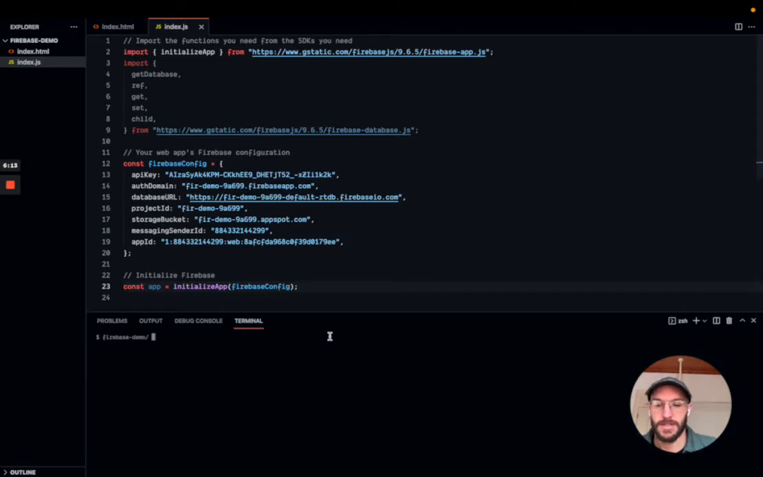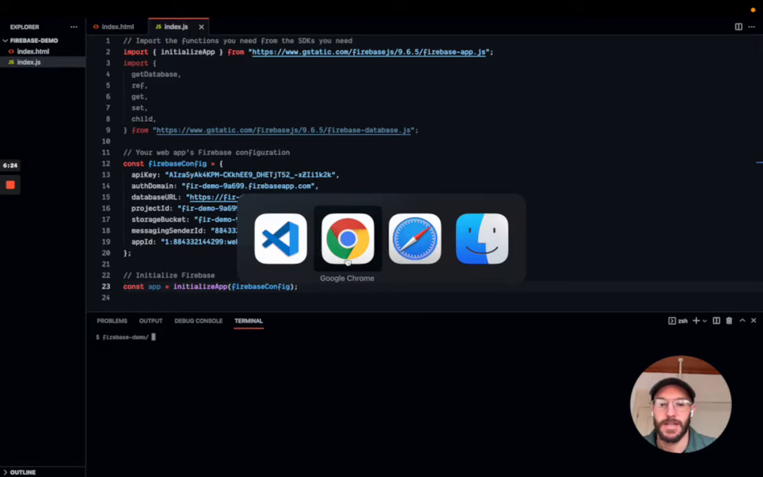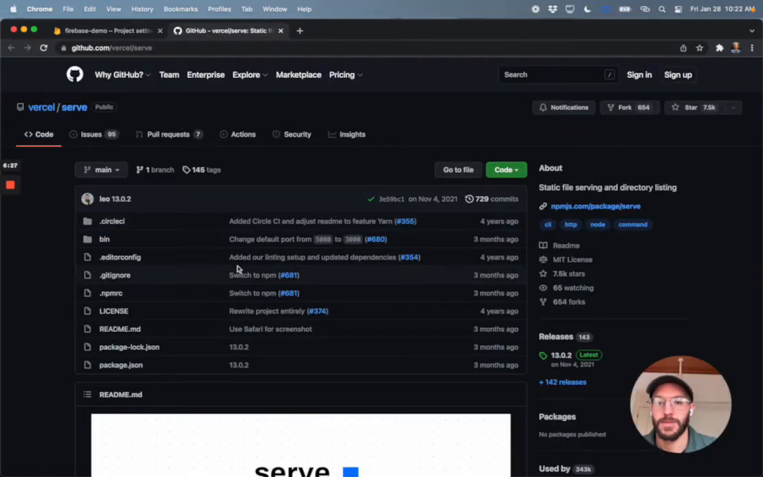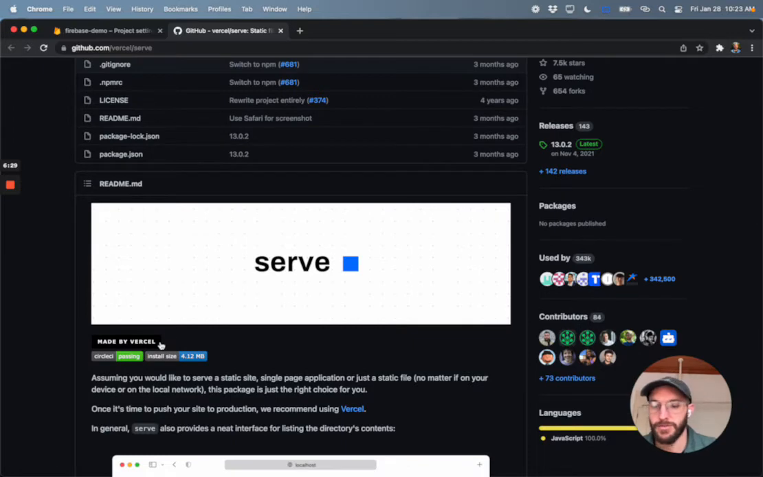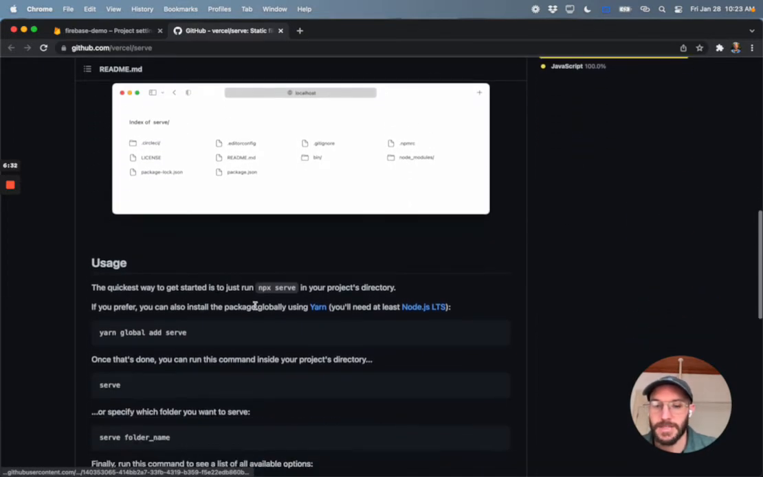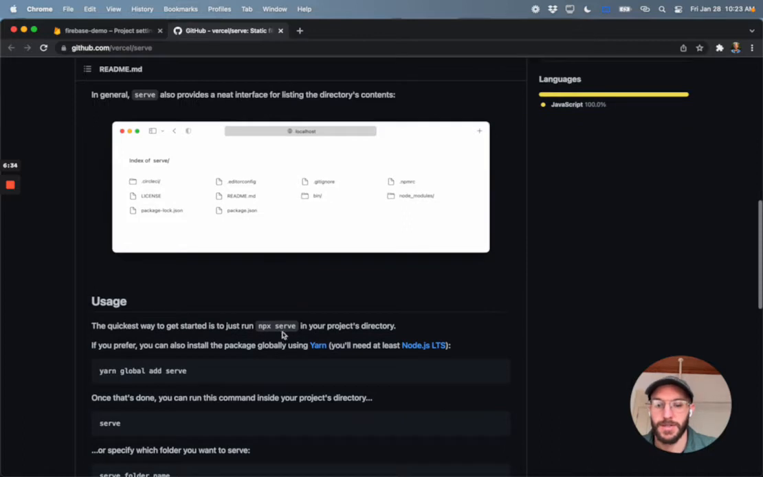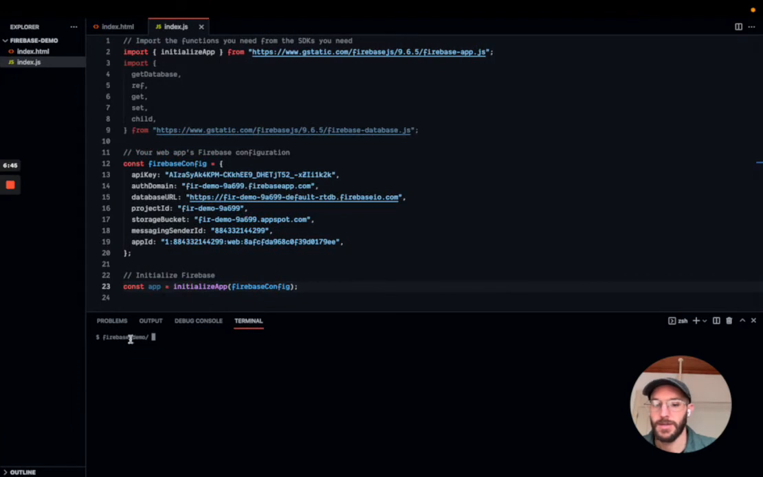And what we need to do next is we need to be able to serve this locally so we can interact with it from our browser. And actually there's a really simple npm package called serve from Vercel, and basically this allows you to run a really quick local server, and you do that by just running npx serve from the project's directory. So let's do that. Here we are in our project directory. Super simple. We just type npx serve, press enter,